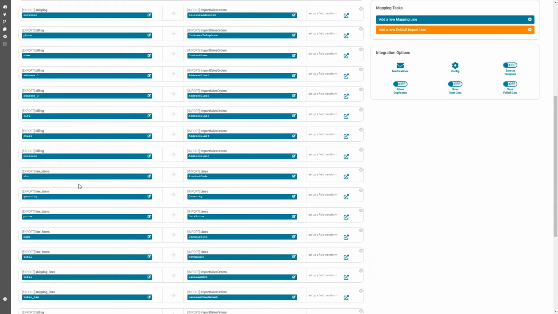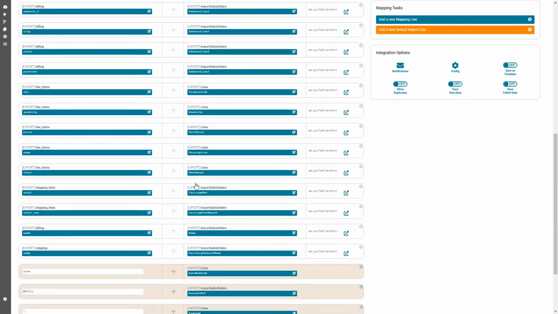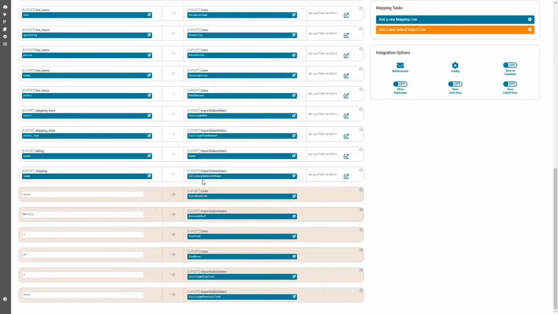If we're integrating with Sage 200 and the stock codes don't match, we can, with a bit of dev in Sage using a stock alias, process those orders. However, Sage 50 has to match. Quantity to quantity. As you see, we just map the fields from field to field.